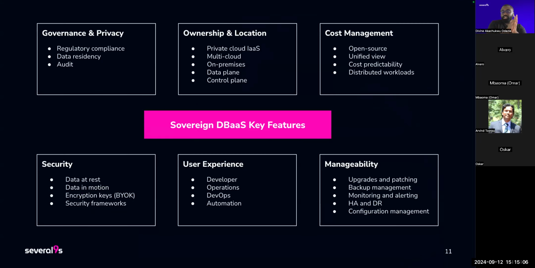Next, what are the characteristics of Sovereign DBaaS? What can you characterize as, okay, this database as a service is a Sovereign DBaaS, it gives me that control. We can say there are 6 characteristics, on a broad sense. The number one, where Sovereign DBaaS gets its name from, is governance and privacy. And this is a core characteristic of Sovereign DBaaS.